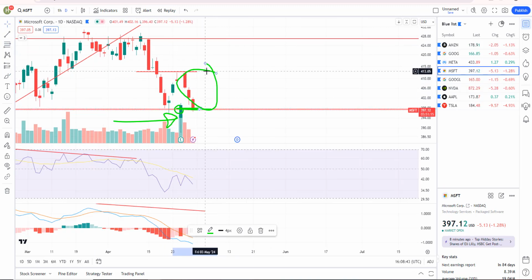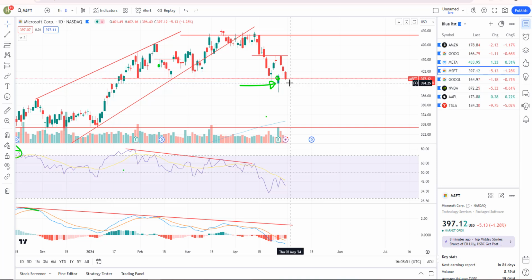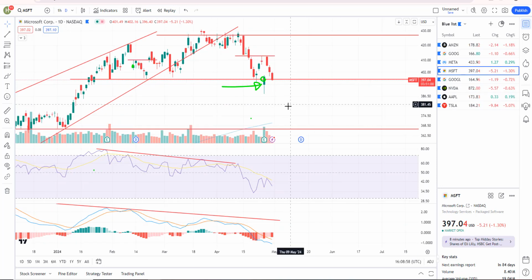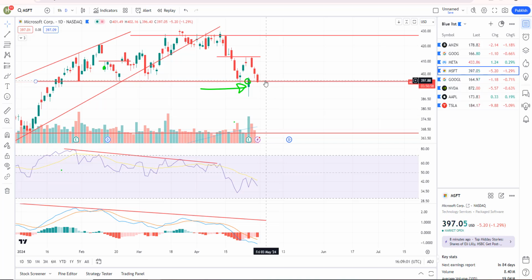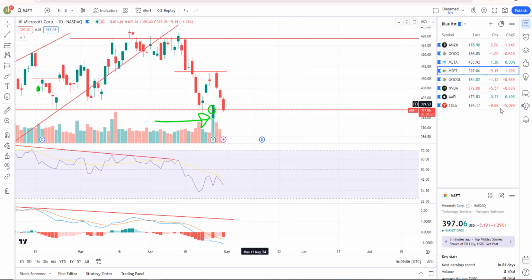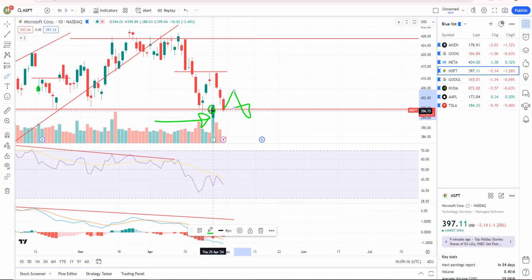So Microsoft's sitting on support. We've got to break this level for the next sell signal. If you start to break this one, 397, that means Microsoft's going to start to be headwinds for the triple Qs. And I think this is the largest company right now. I think it's overtaken Apple. And so again, nothing but selling in Microsoft. They're smashing Microsoft. It's at support now, so we need to see it break. They might bounce it. If Amazon bounces after earnings, maybe Microsoft catches a little bit off the support and then maybe sells down. The next sell signal comes on the break.